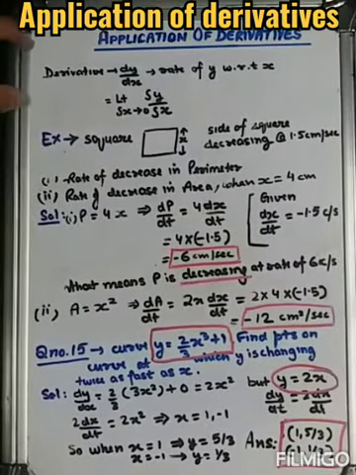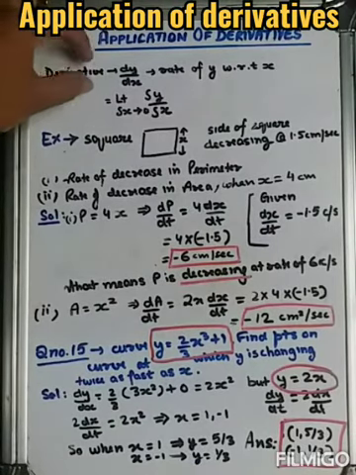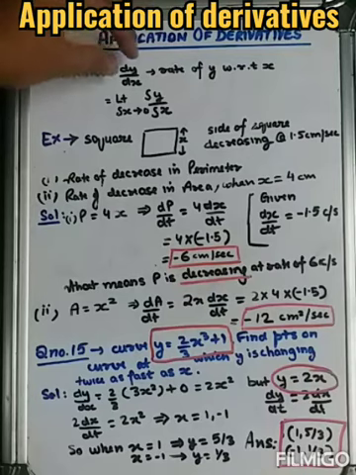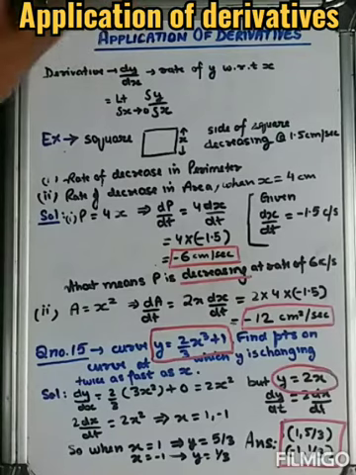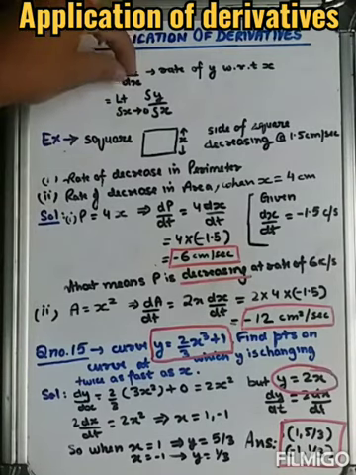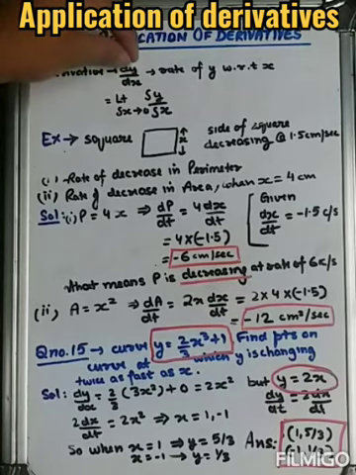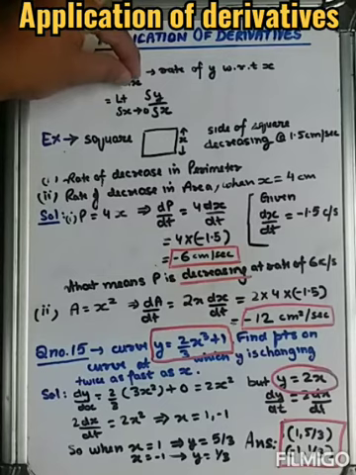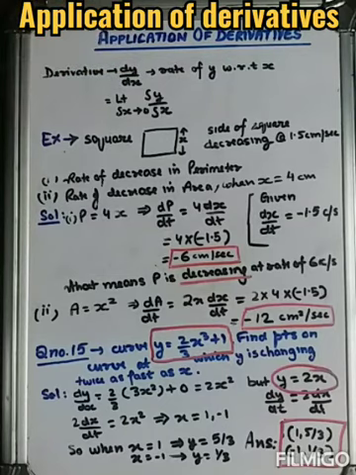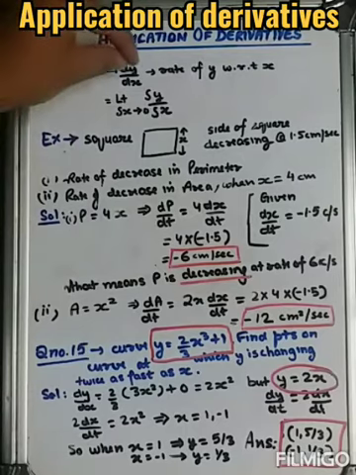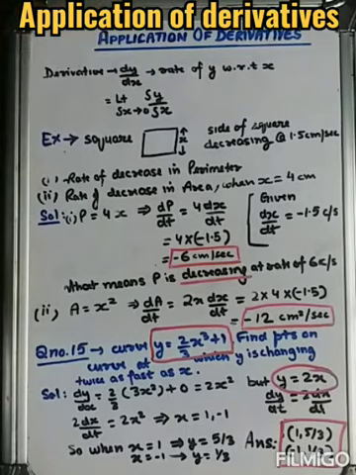So, first of all, what is a derivative? Derivative means dy by dx. What does dy by dx mean? Y is the function. Generally, we represent an equation like y equals 2x square plus 3x plus 5. So y is the function and x is its element. So the rate of the function with respect to its element x is called a derivative. That is, the change of the equation with respect to x. Clear? So what is a derivative? It gives the change of the equation with respect to x. Let us discuss with an example.